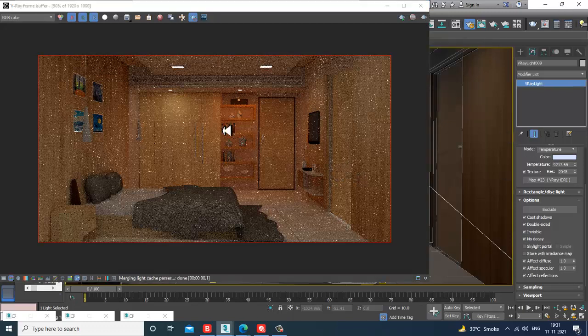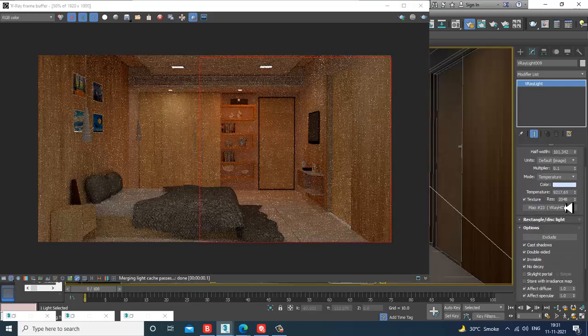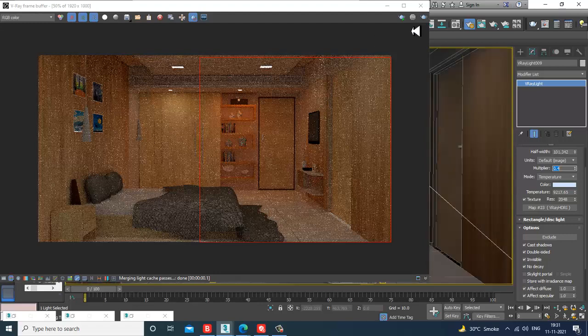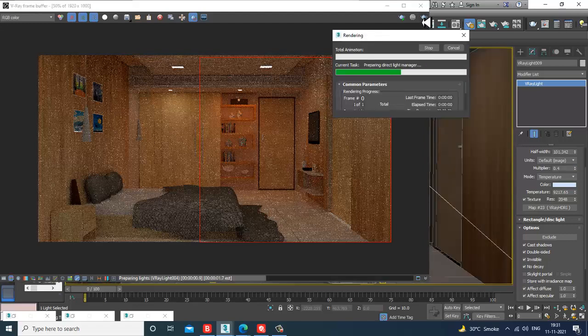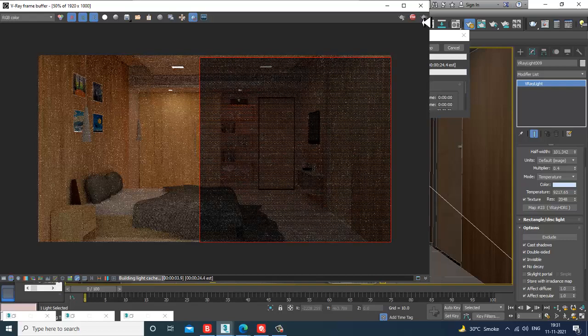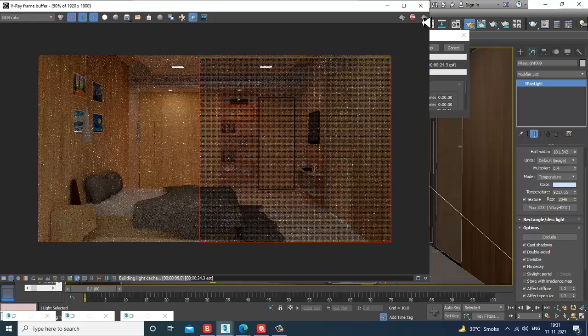So I'll select this much of the area and I'll increase the multiplier to 0.4 and let's see. We'll see the difference over here. Definitely increasing the multiplier will make it brighter.